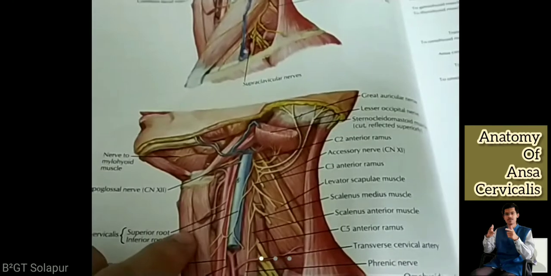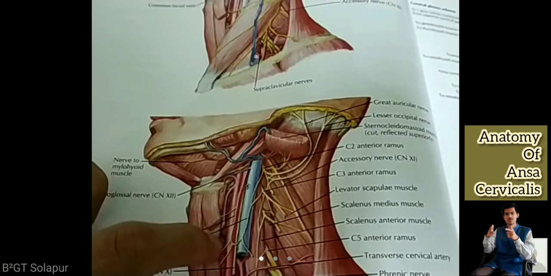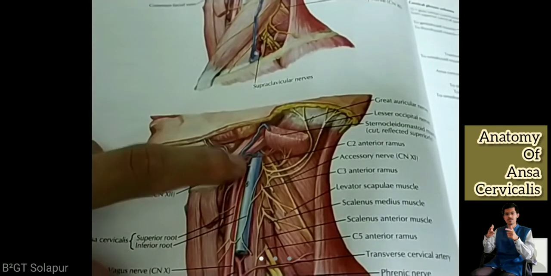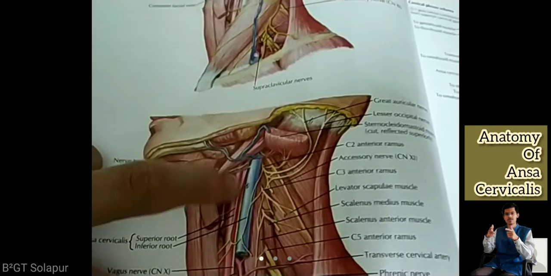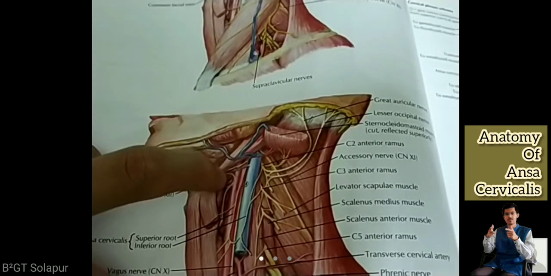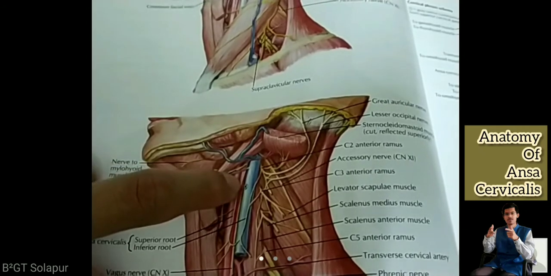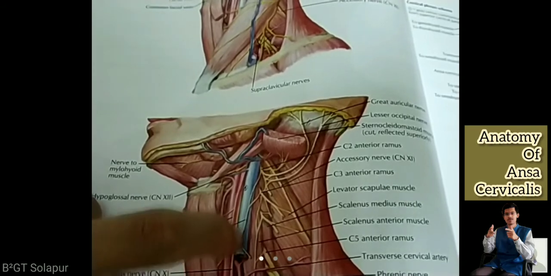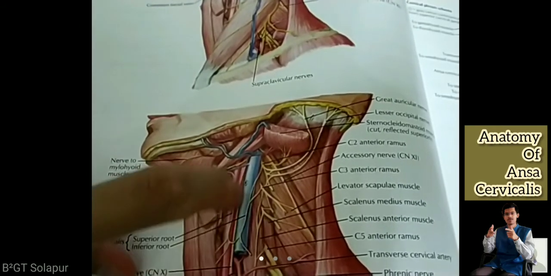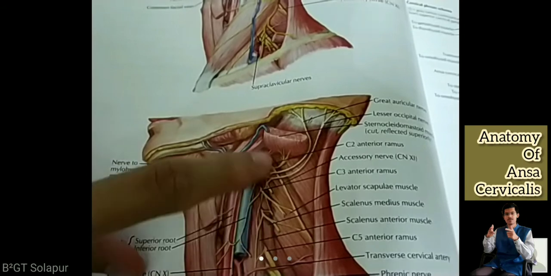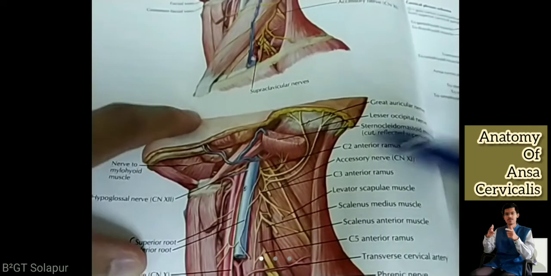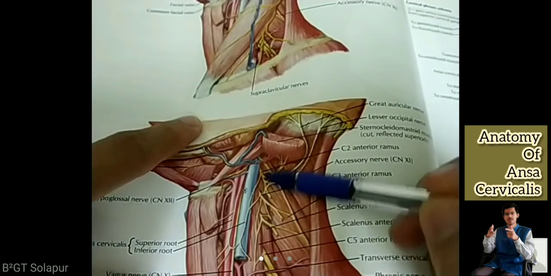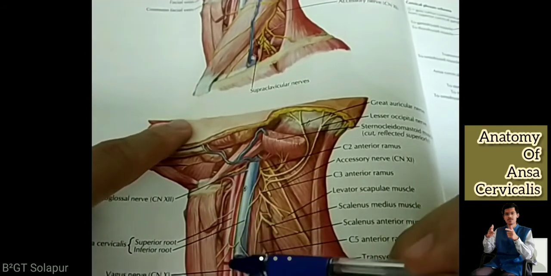See this, this is the location. You have to explain the extent of the ansa cervicalis. First it is appearing: the superior root is coming from the hypoglossal nerve this way, and it is coming over the internal carotid artery, then extending over the common carotid artery, then going on the internal jugular vein, and it is forming from the cervical plexus C1, C2 and C3. C1 is not visible here. This is C2, this is C3. Can you see these thin lines coming? These are the nerve roots, and it is giving 4 branches.